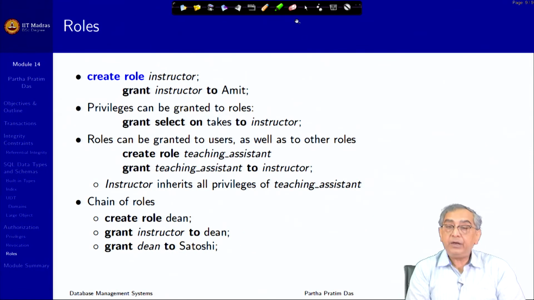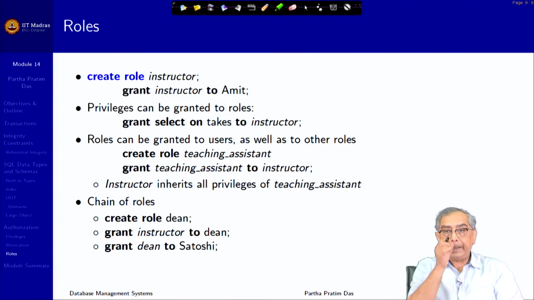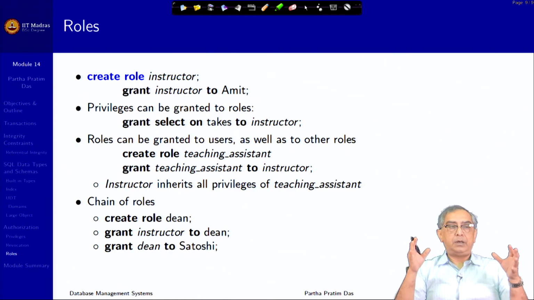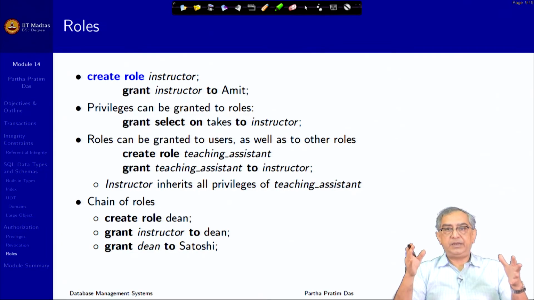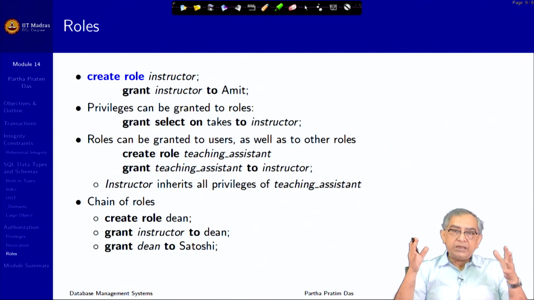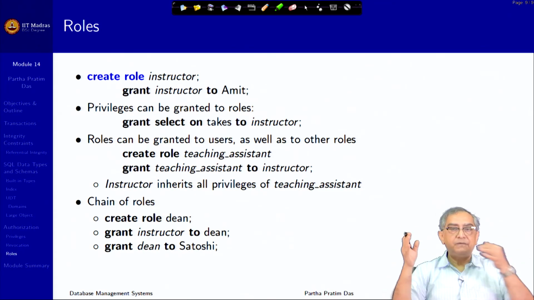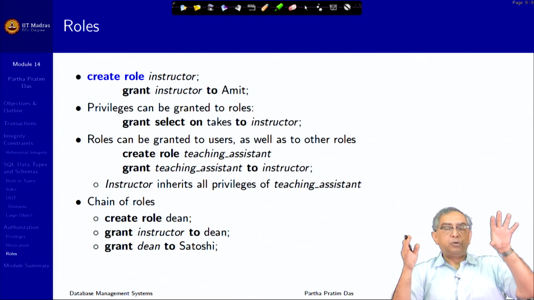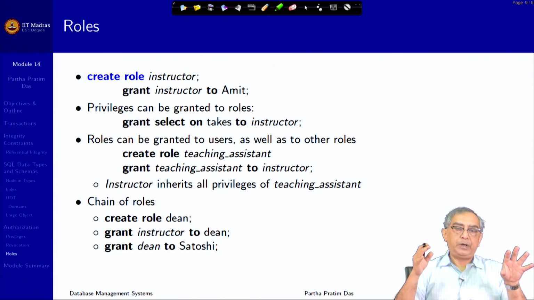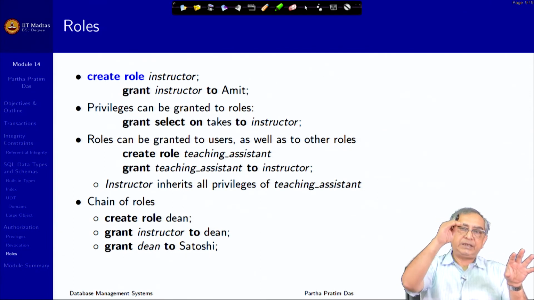You can define roles for authorization. Suppose there is a development group with 20 engineers. As a group of developers, they need a certain type of authorization. Instead of granting each and every privilege to each one, which is explosive, you can ask: what is the role of this person? The role of this person is to develop. So, this person needs these